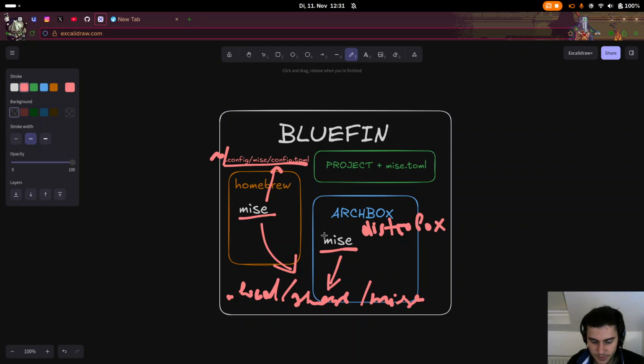config mise config.toml, so it looks here. And if I write a project, then it just looks here, and looks in the mise.toml. It's so great. Actually, it's really great. And I basically am always in